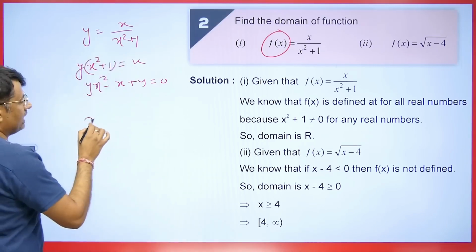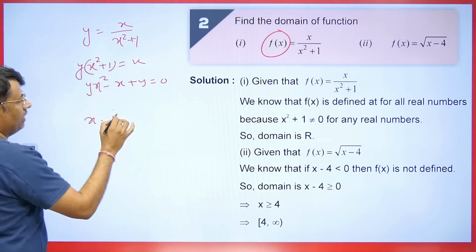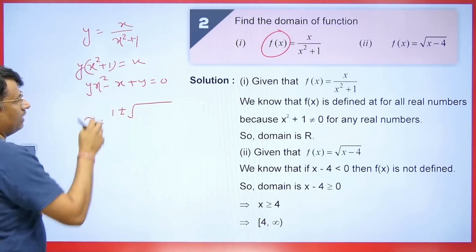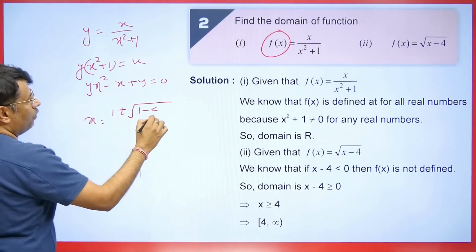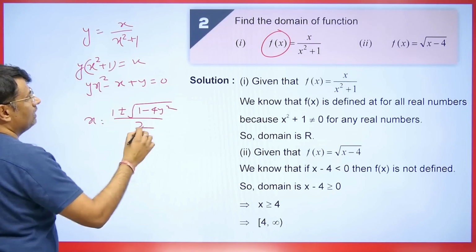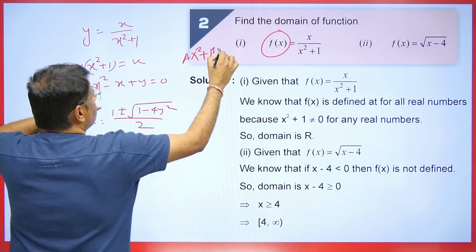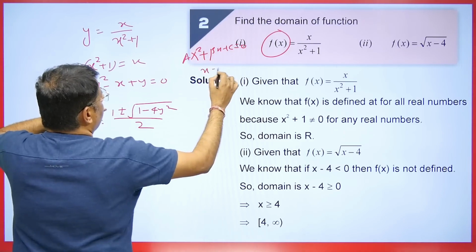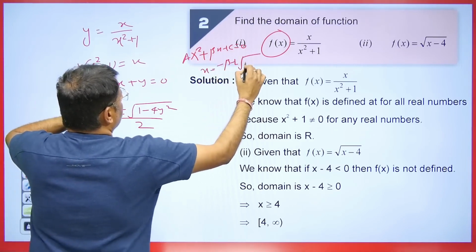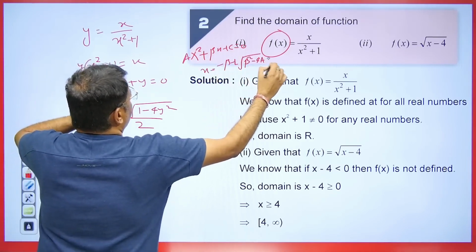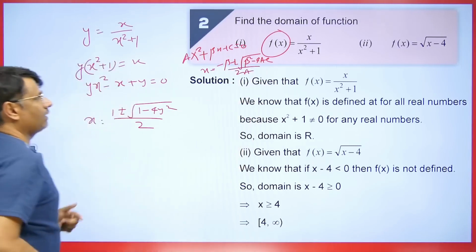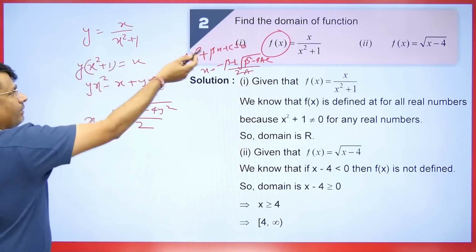So we know that from Sridharacharya formula, it will be x is equal to 1 plus minus under root of b square. So 1 will come here minus 4y square upon 2. Do you remember this? If we would have an equation like ax square plus bx plus c is equal to 0, then in that case its answer will be minus b plus minus root of b square minus 4ac upon 2a. Is this clear? So same concept here, value of a is y, value of b is minus 1 and value